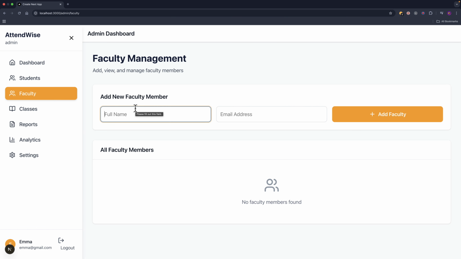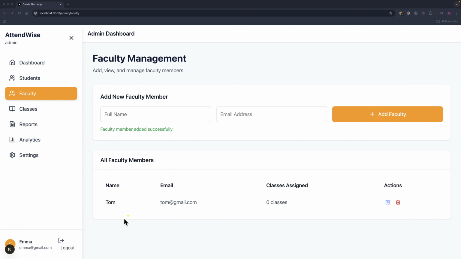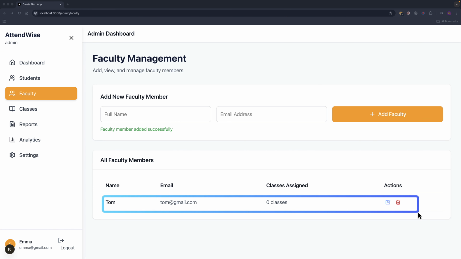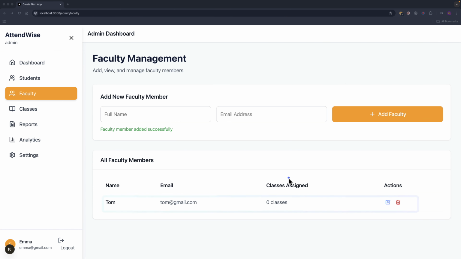I'm going to call this one as Tom, and then Tom@gmail.com, and then add. After adding, we have the name, the email, the class assigned, and then the actions. At this point, this lecturer doesn't have a class, but at the moment we have some caveat here, and that is how can the lecturer log in. So when registering the faculty member by the admin, we can include the password field, but we also have a